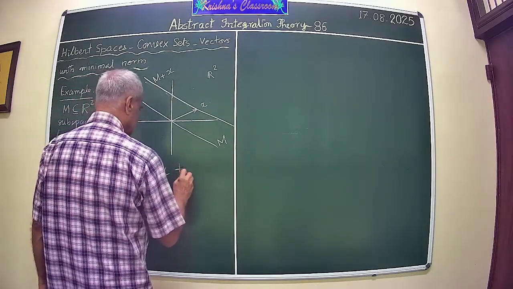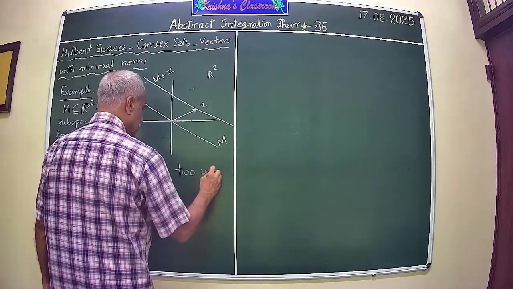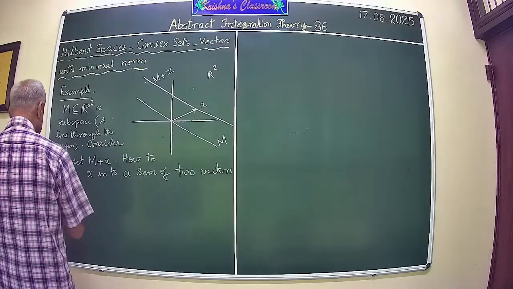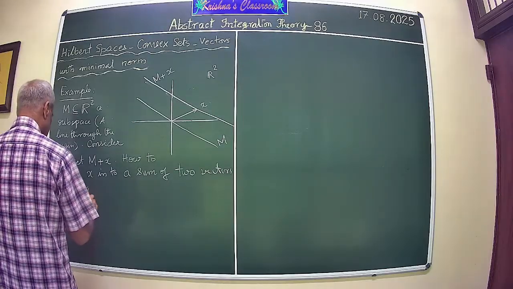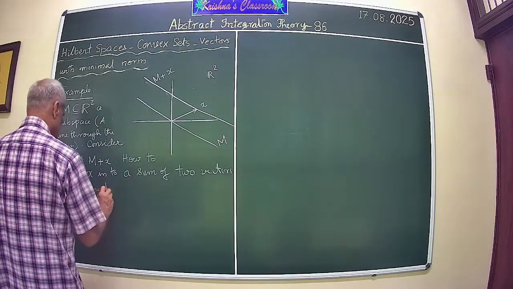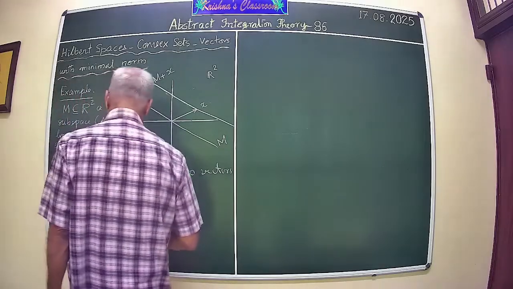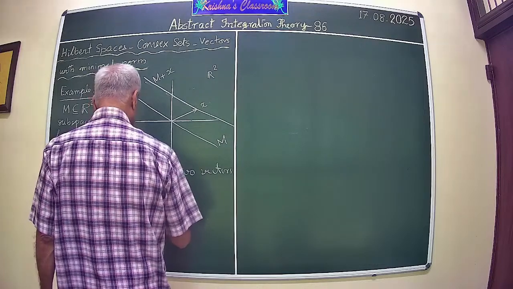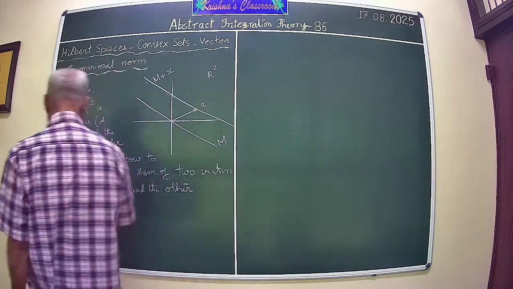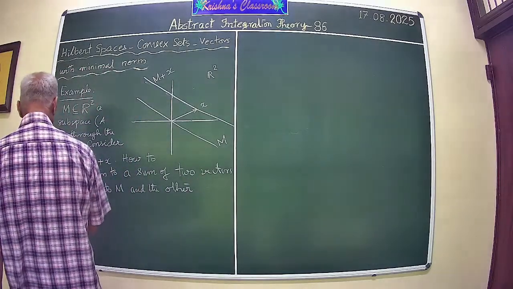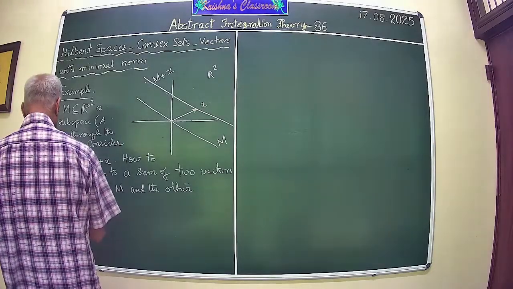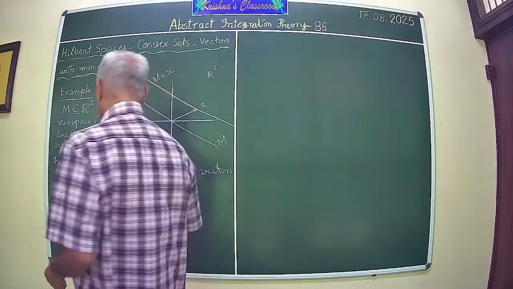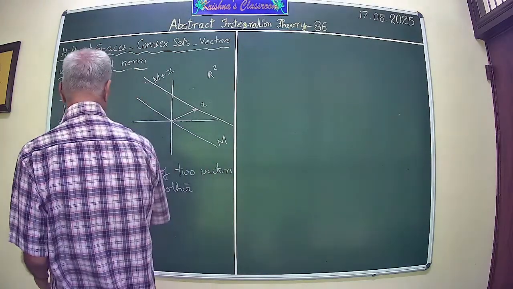two vectors, one belonging to M and the other orthogonal to it. We try to address this question. So this is the problem. How to resolve